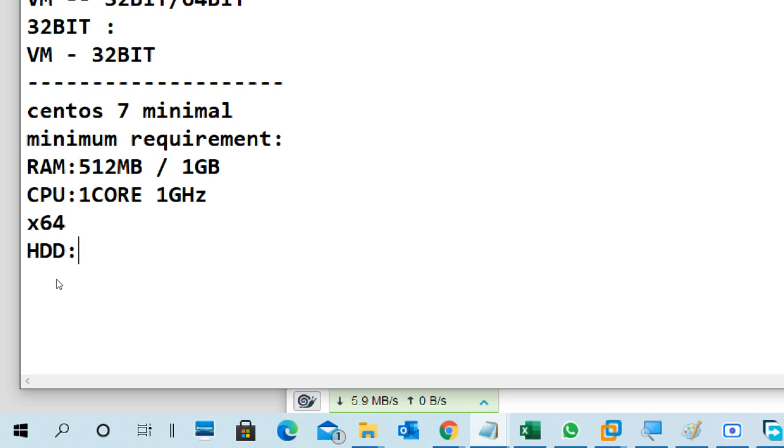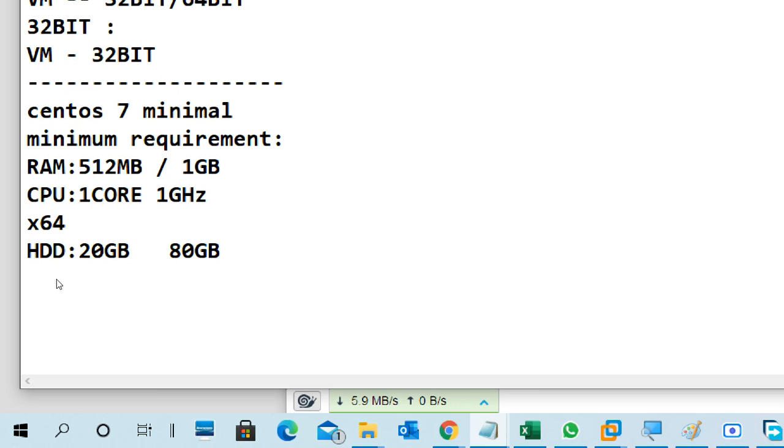Disk space. How much disk space is required? 20 GB is enough, lower than a normal one. But here I'm using 80 GB.